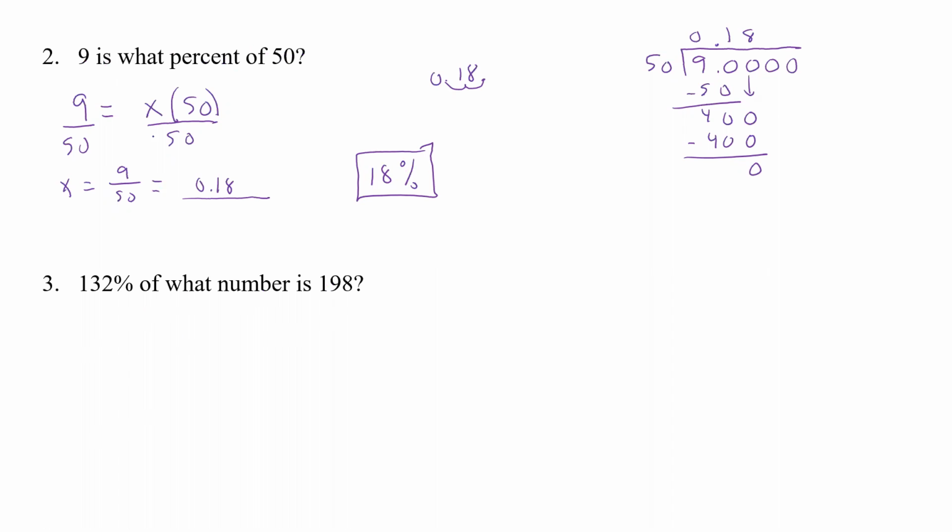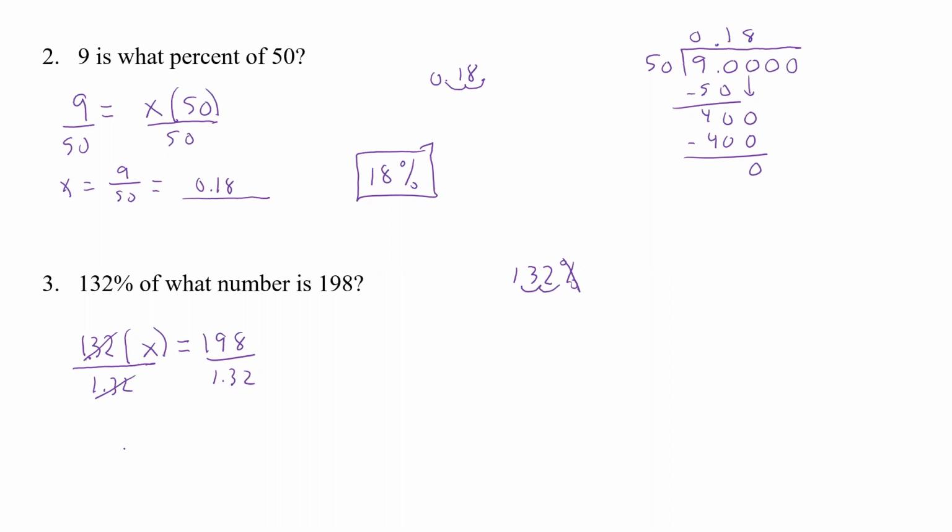So it's written in a different way, but it really kind of looks like the other two. It's just in a different fashion. So we'll have 132, and it'll be better to write that as a decimal. Remember, we drop the sign, move it to the left, so that'd be 1.32 times what number? Well, that's x, we don't know, is 198. So now we have 1.32 times x equals 198, so let's divide by 1.32,